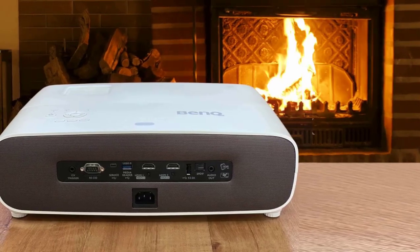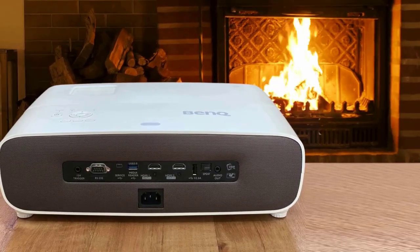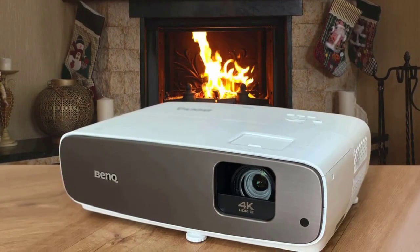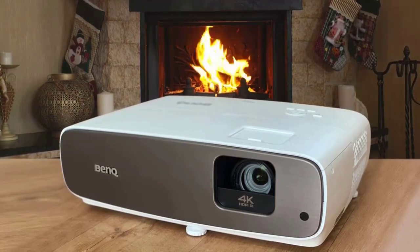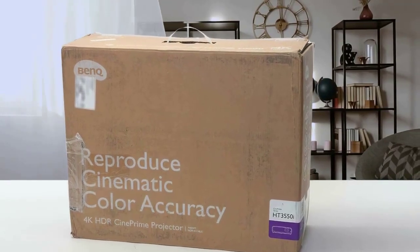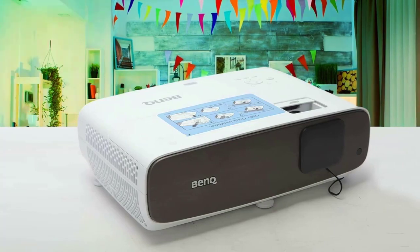It also offers a somewhat lower claimed DCI-P3 coverage at 95% instead of 100% and lower dynamic contrast ratio at 30,000 to 1 instead of 100,000 to 1. However, it includes essentially the same video processing and color management capability, and it delivers an impressively gorgeous picture. So, while it's well below the HD 5550 in features as well as price, it easily matches it in bang